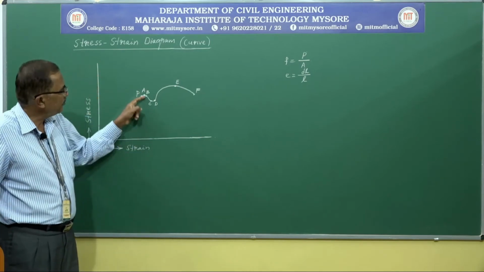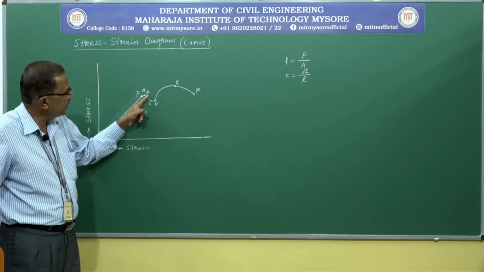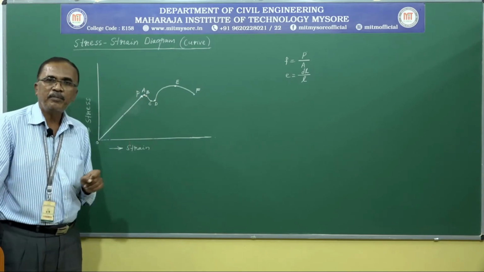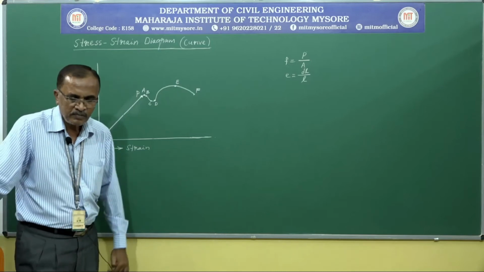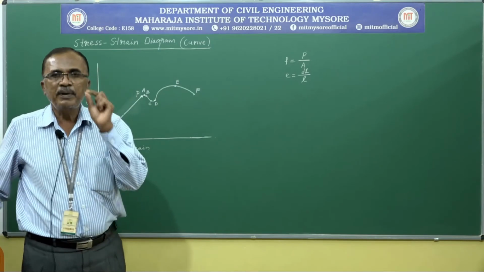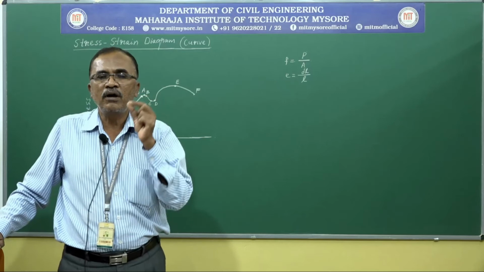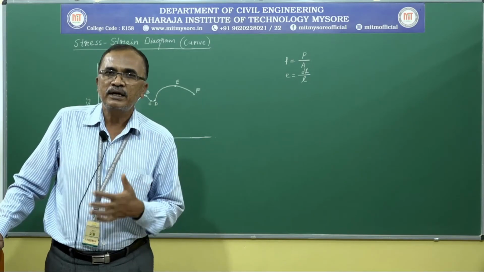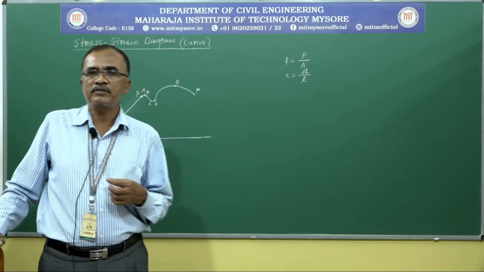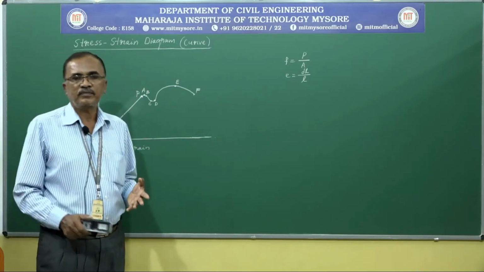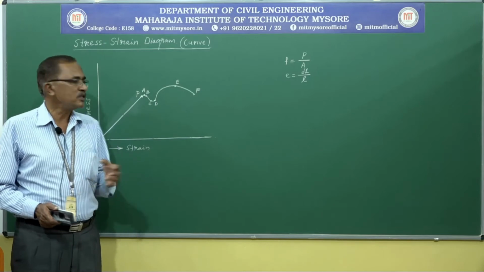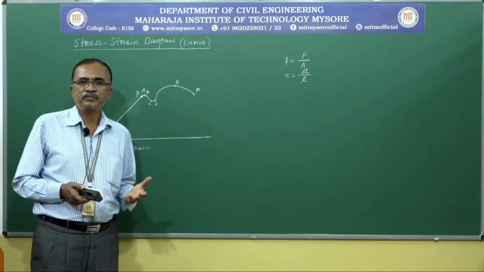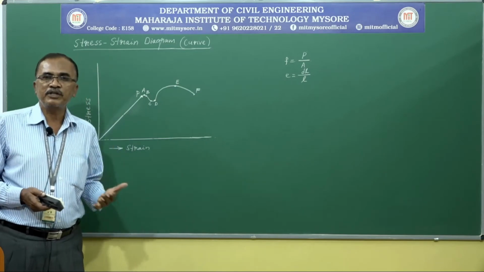When compared to point C, point B is at a higher level. Accordingly, we can designate point B as the upper yield point. Yielding means that upon the application of load, the material starts yielding. Yielding means it starts changing its shape and size without much resistance. Without much resistance, the material starts yielding against the load, showing not much deformation against the load.